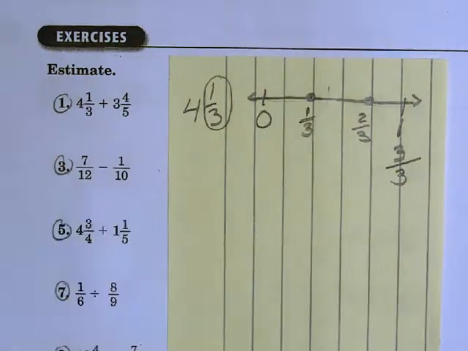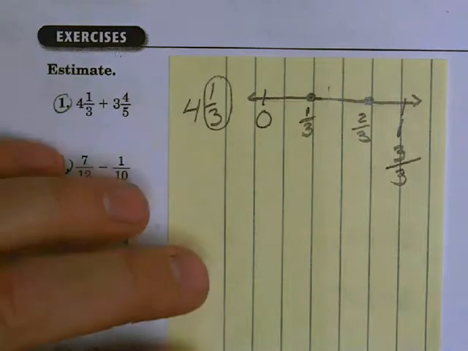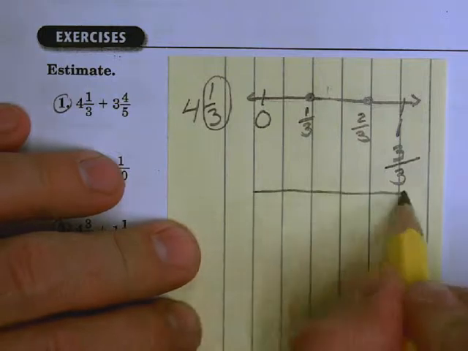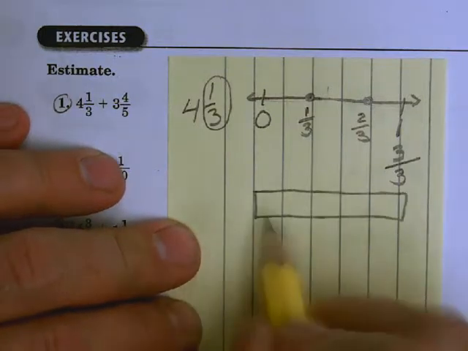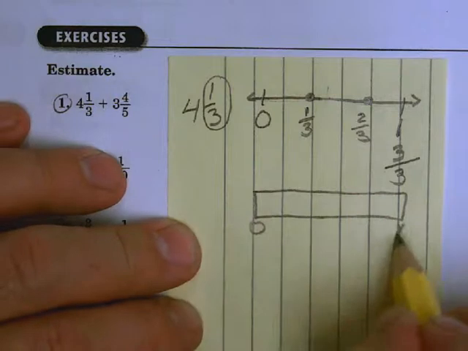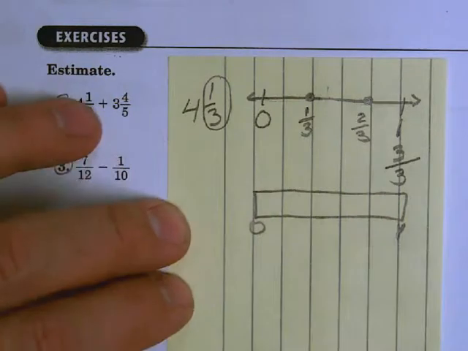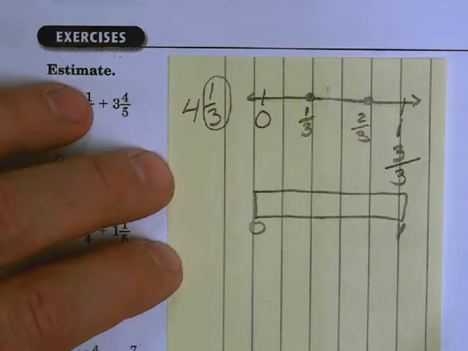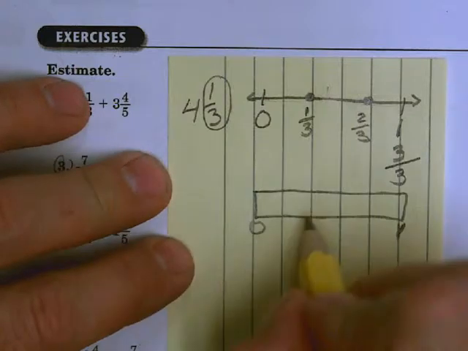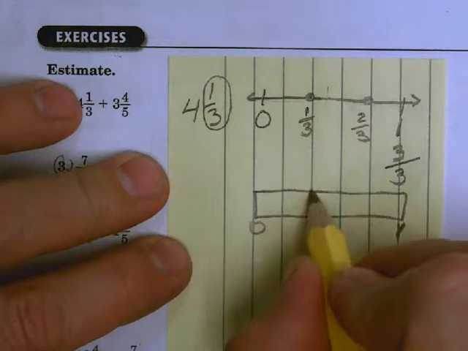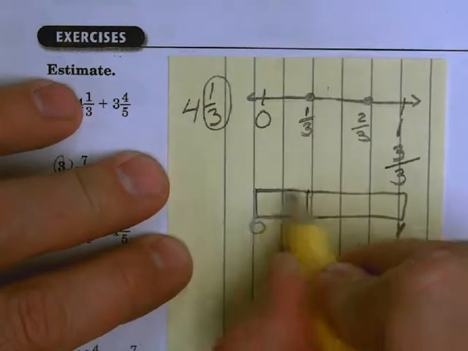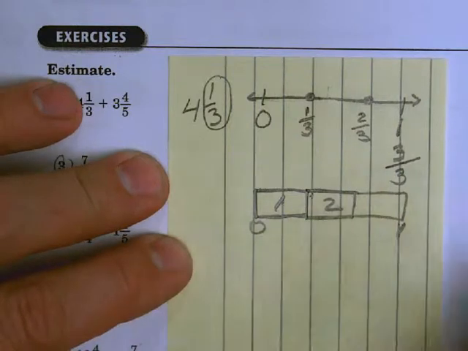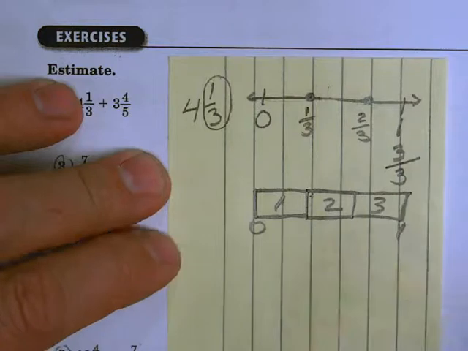Here's my trick to you. The number line is difficult sometimes. So here's what I want you to try. Make a small rectangle. It's going to go from 0 to 1. So instead of a number line, I want you to make a rectangle. Can you make this into 3 equal parts? Yeah, you can. It's a little bit easier when you see a rectangular box, because now I can say, hey, that's 1 box, right? And then if I made one about the same size, that's 2 boxes. Hey, and here's the 3rd one, right? So 1/3